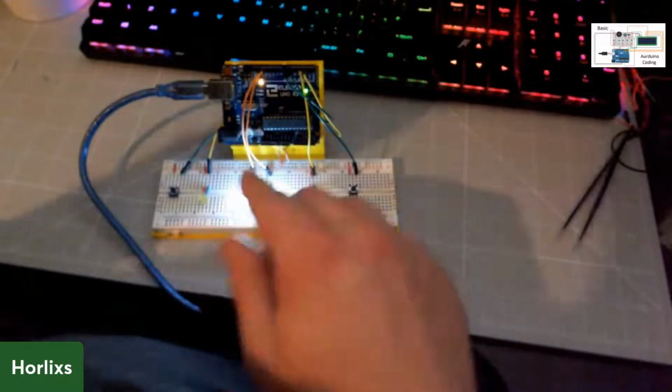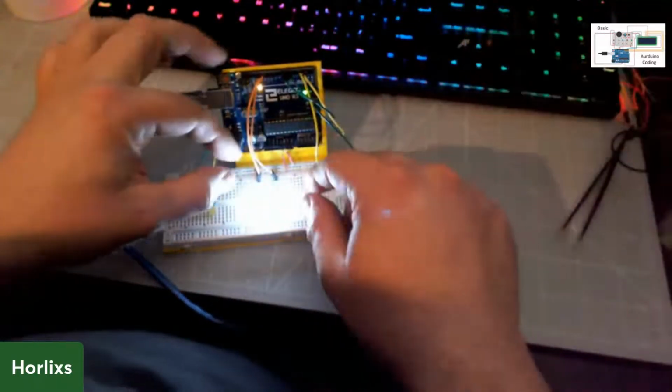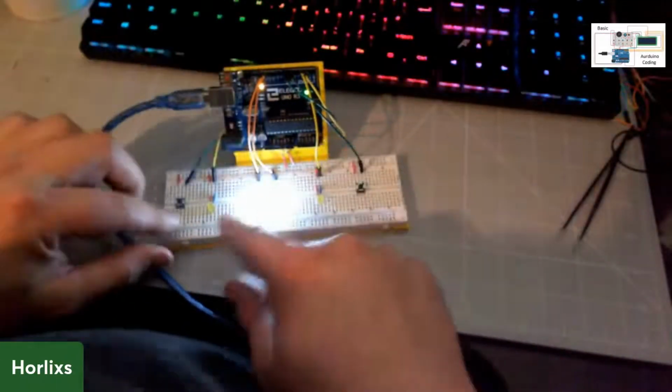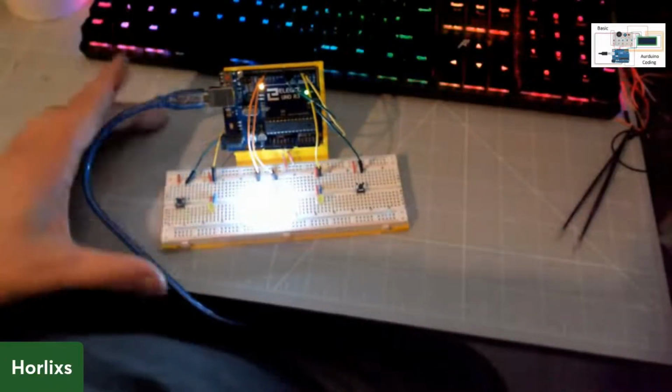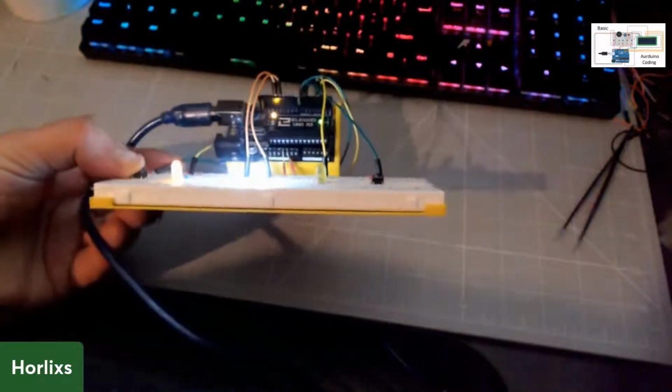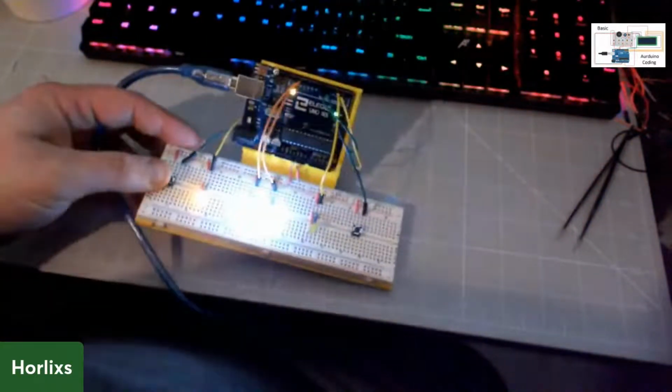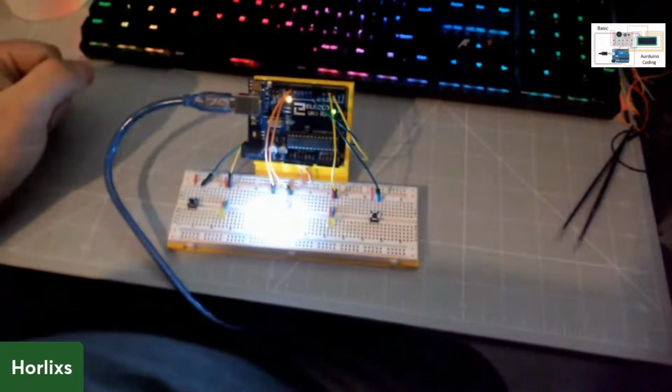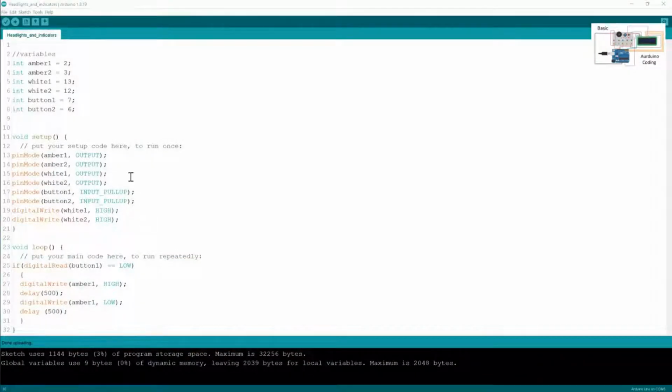So let's go a bit more. They're really bright. I really need a better resistor in them. But yeah, you can see where I'm going with that. So yeah, we hold that button. We've got our blinking LED on that side. So it's going to plan. It's going to plan. So what we can do now